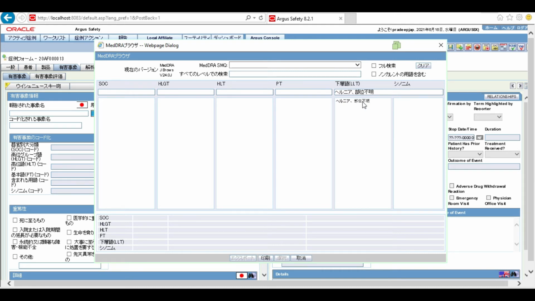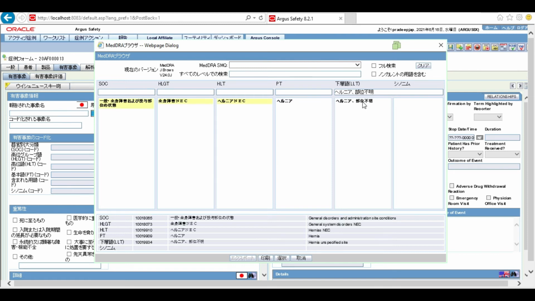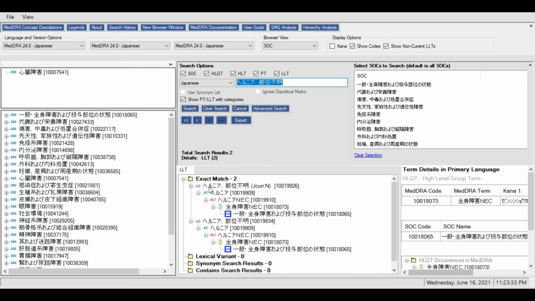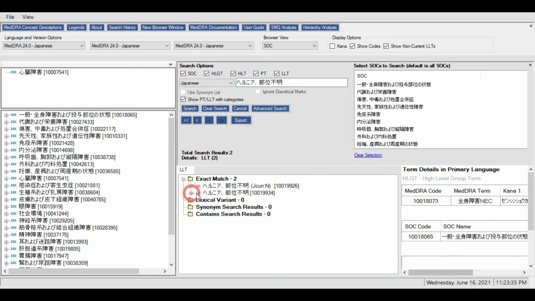I got one result. Now you must be wondering why I got one result. I should have got two results, because we are getting two results in our MedDRA browser of MSSO. Why are we getting one result in the Argus MedDRA browser?